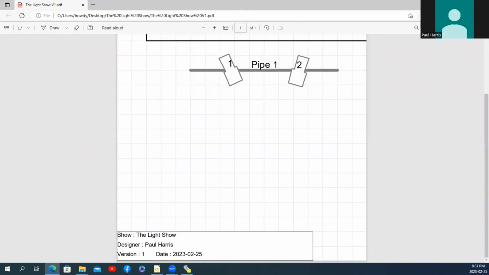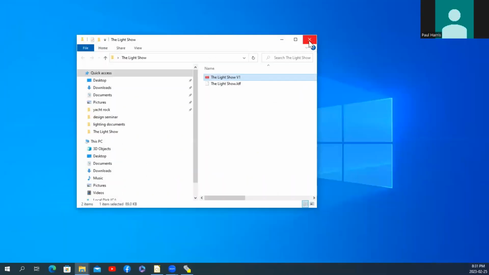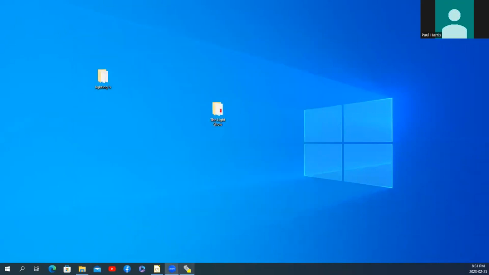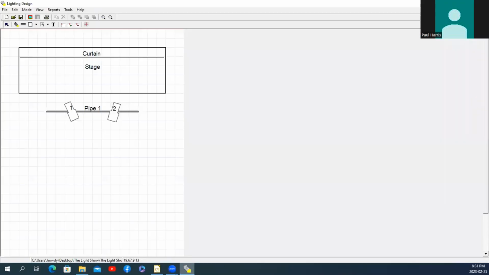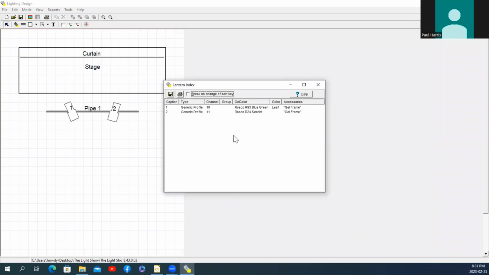This is the document you will use most, but this program allows a lot of other paperwork to be printed automatically and will save you a lot of time making spreadsheets if you use the capacity it has. So let's go to the Reports menu and pull it down. The first thing you'll see is the lantern index. Let's have a look. And here it is,